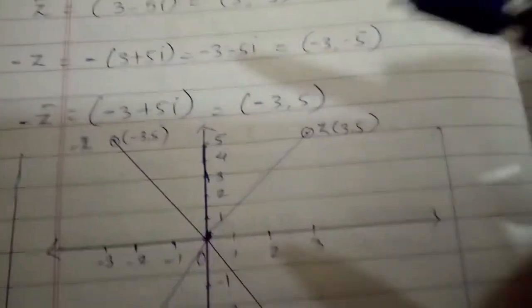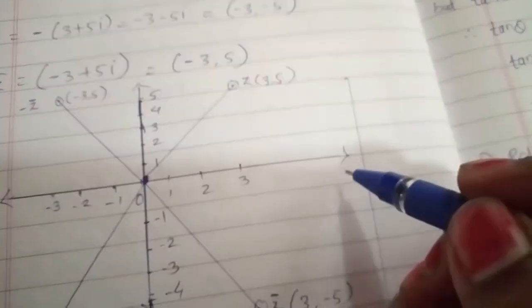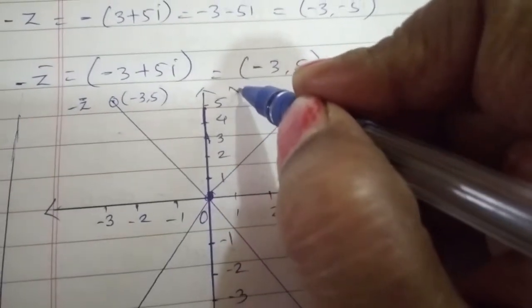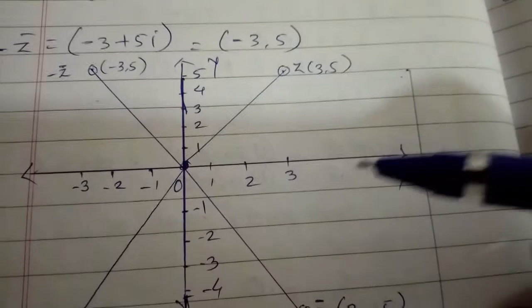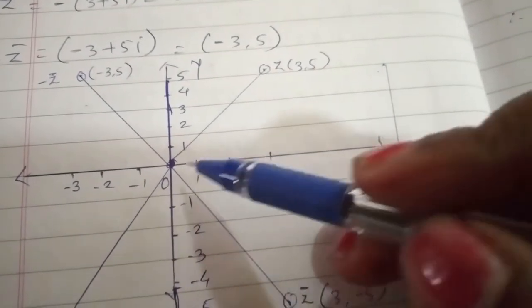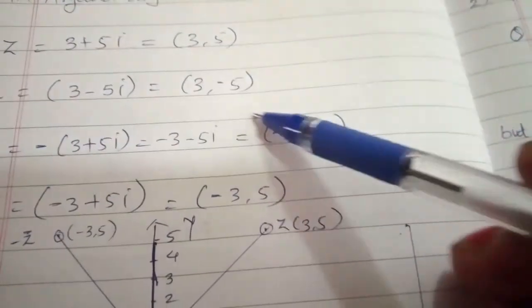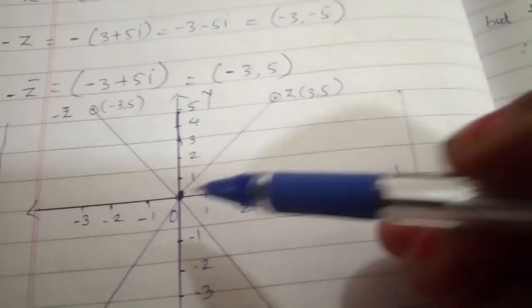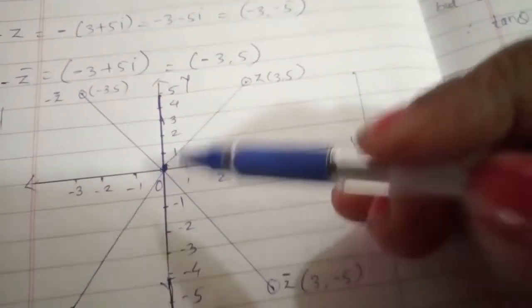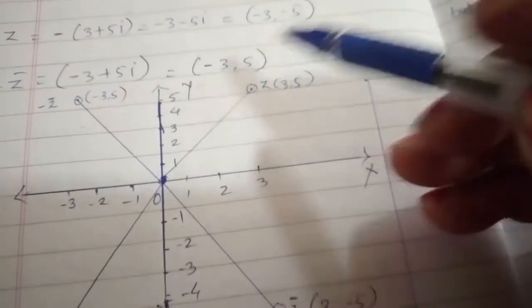So what is actually an Argand diagram? We just have to draw the x-axis and y-axis. There is no need to draw it on graph paper; you can draw it in your notebook also. Take 1 centimeter distances, 1, 2, 3. I write these numbers because all the x coordinates are 3 or minus 3. On the x-axis and y-axis I put down these numbers, taking 1 centimeter as the distance.